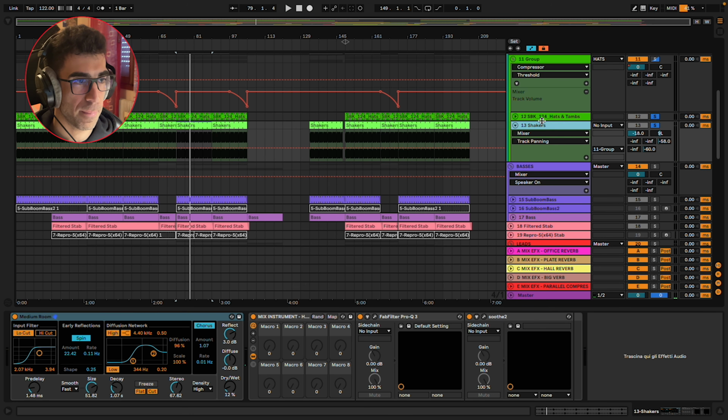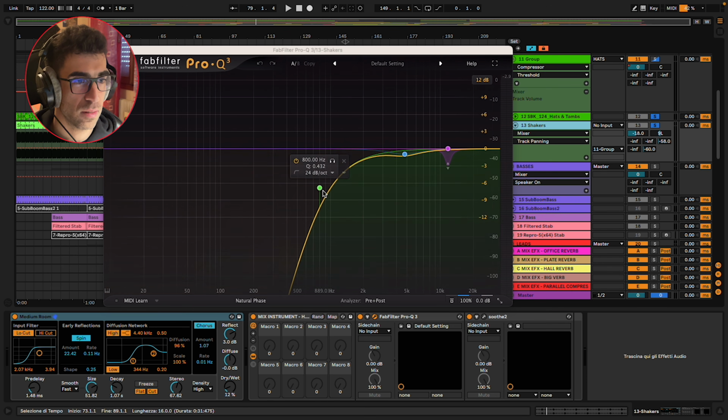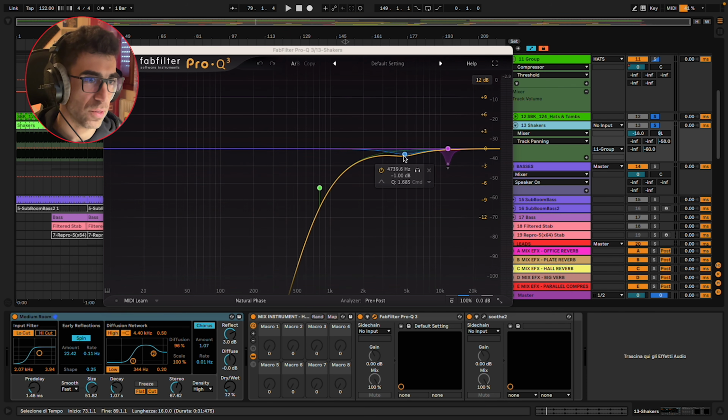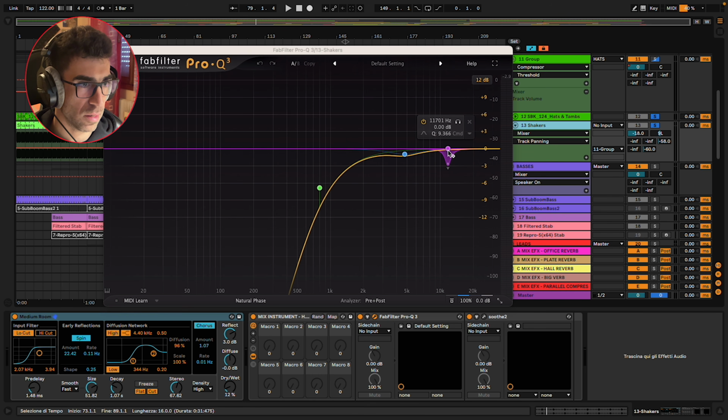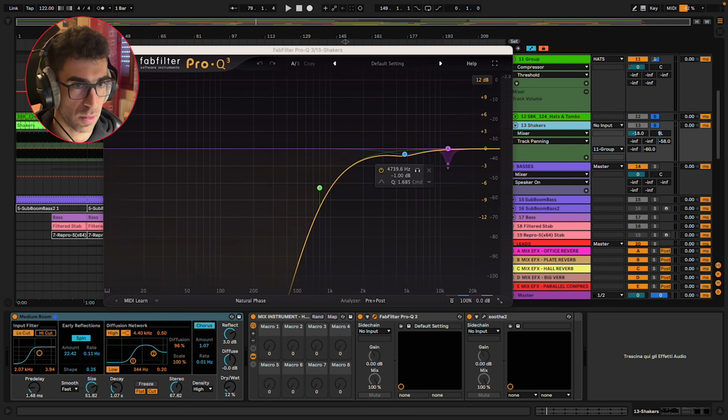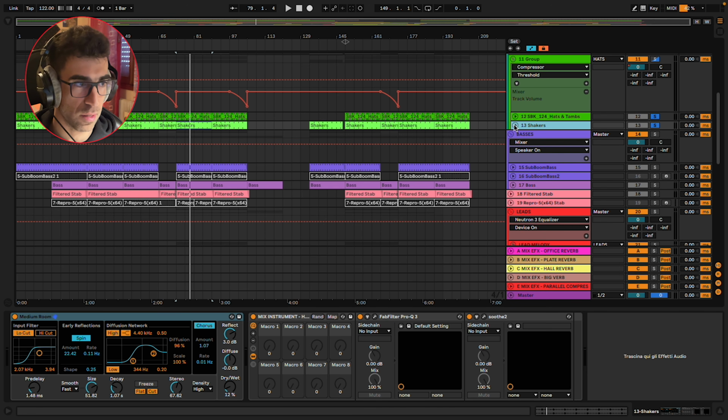Very nice. And once again, low cut EQ and making space for the others, and a little bit of dynamic cut here around 11K. Probably another resonance I heard.